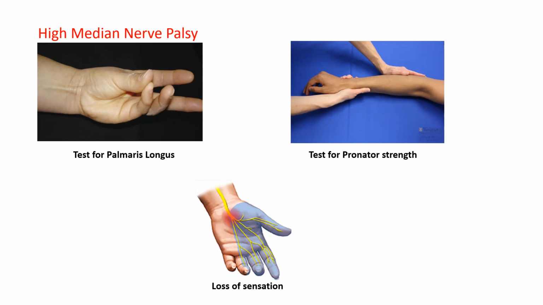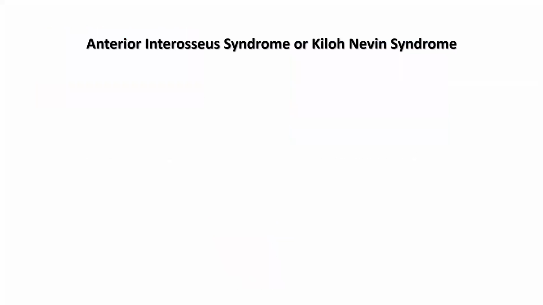And I forgot to mention that the autonomous zone for median nerve is the tip of index finger, right? Because the ring as well as the thumb may have some crossover on the ventral side. Okay. But the tip of index finger is the anatomic zone for median nerve. There are a few syndromes of interest.